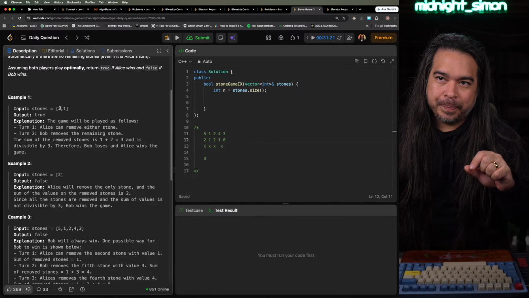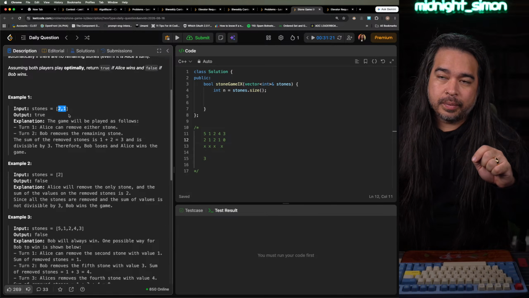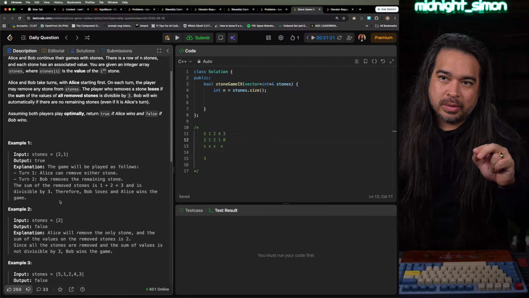Maybe this one, there's 1 of each, and they both combine to make 3. So that's Alice. So when there's 1 of 1,